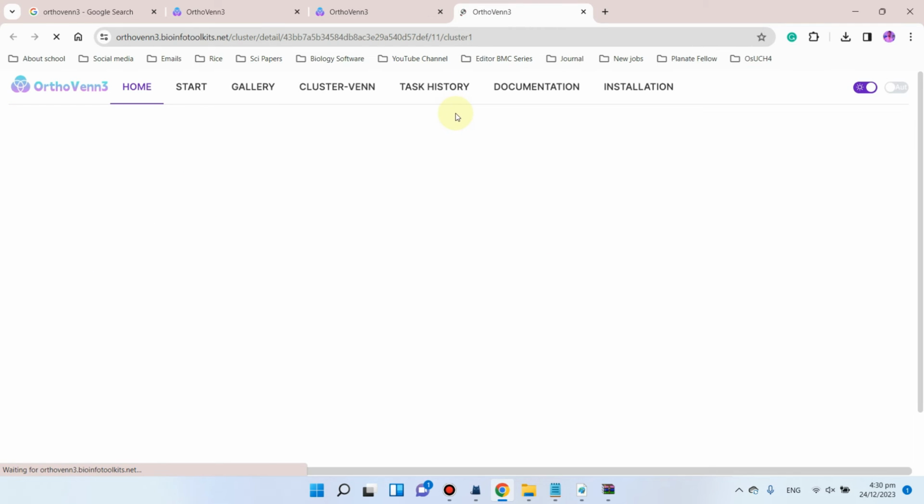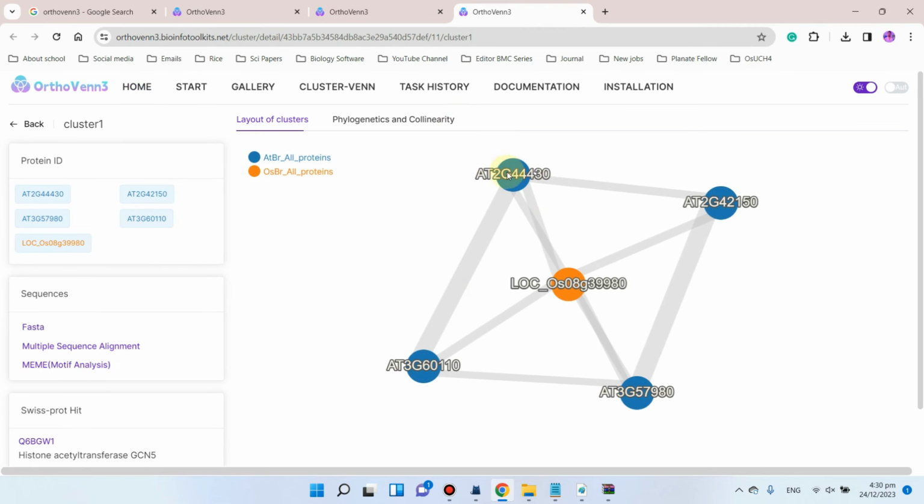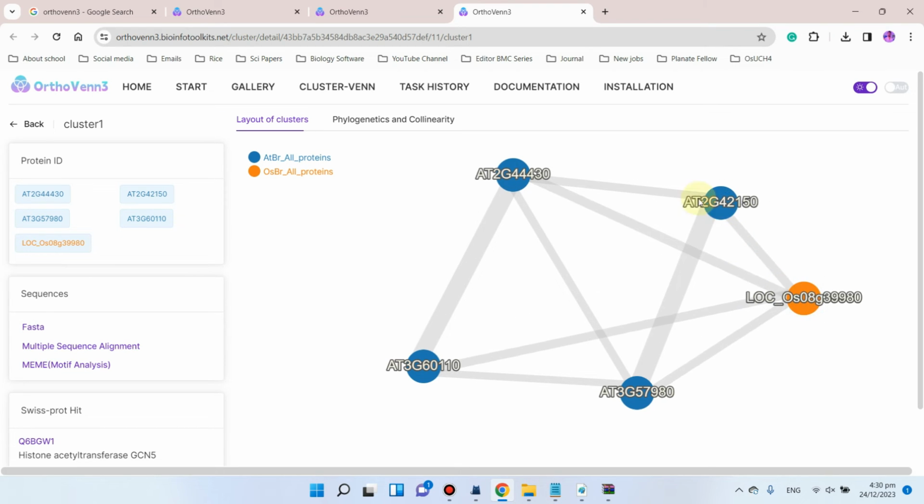You can see in the first cluster there are 5 genes, so you can simply take its screenshot. You can see 1 gene is from rice, you can even change its structure, and there are 4 genes from the Arabidopsis.